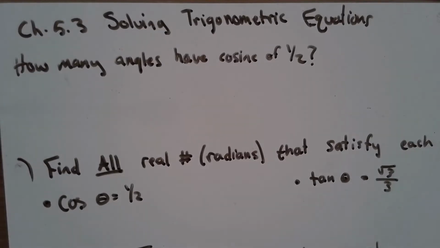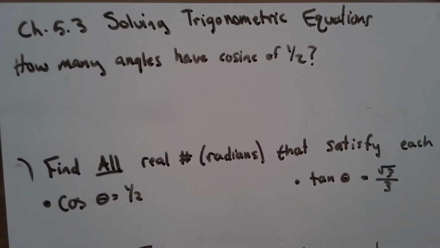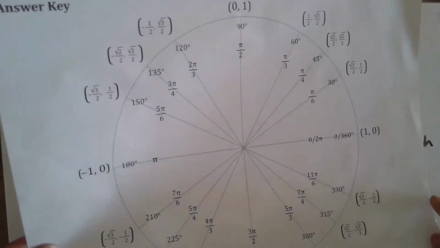Okay, good morning everyone. We're going to do 5.3 today, solving trigonometric equations. To start off, I actually want to look at the idea of how many angles have the sine of 1/2. For this chapter, you'll want your unit circle and your identities page. So first, looking at a unit circle,